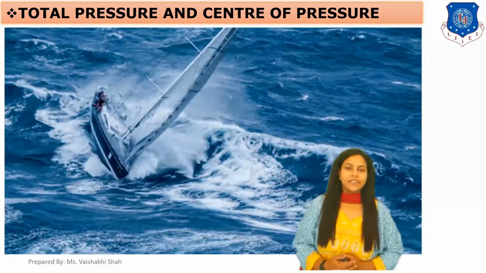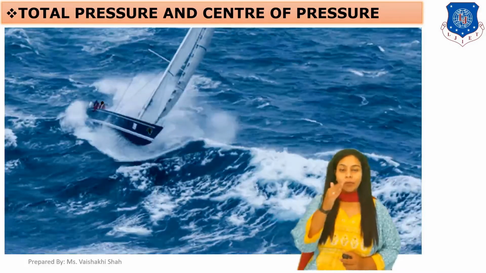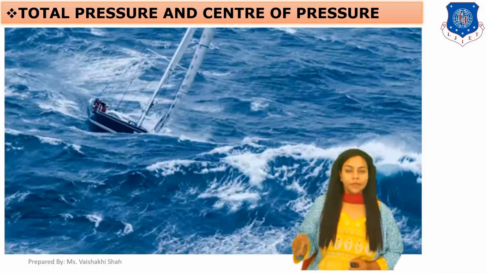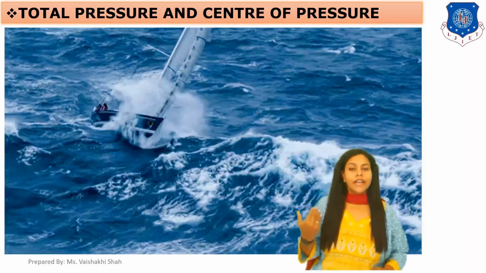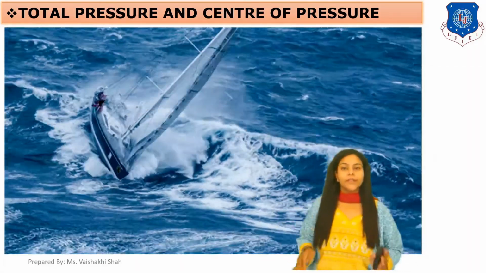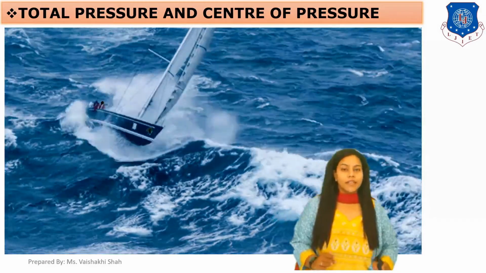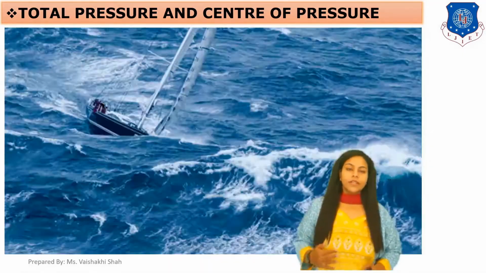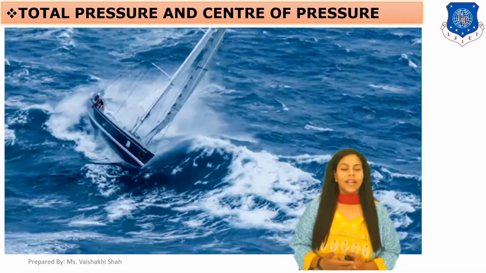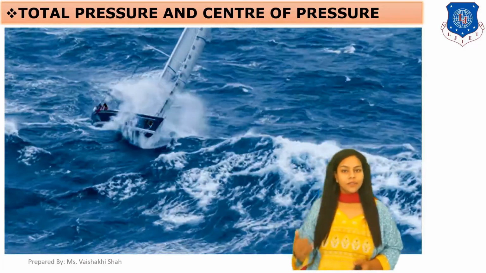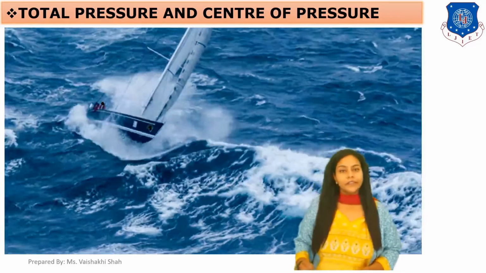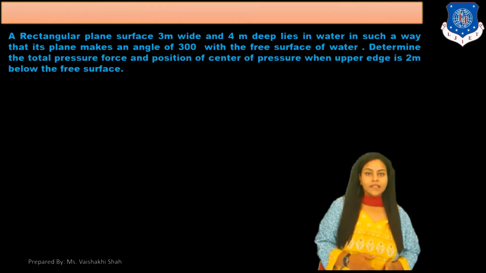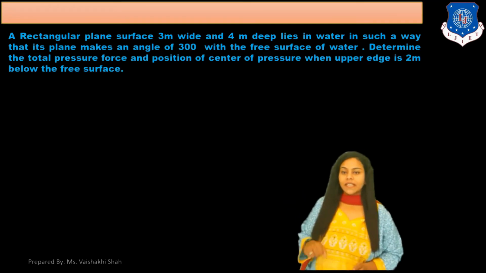In the last lecture we derived the theory for a body which is inclined and immersed, and we derived the equation for total pressure and the location of the center of pressure. In today's lecture we are going to solve some examples based on that theory, a body immersed inclined in a liquid. So let's start with our first example, where the first example is a rectangular